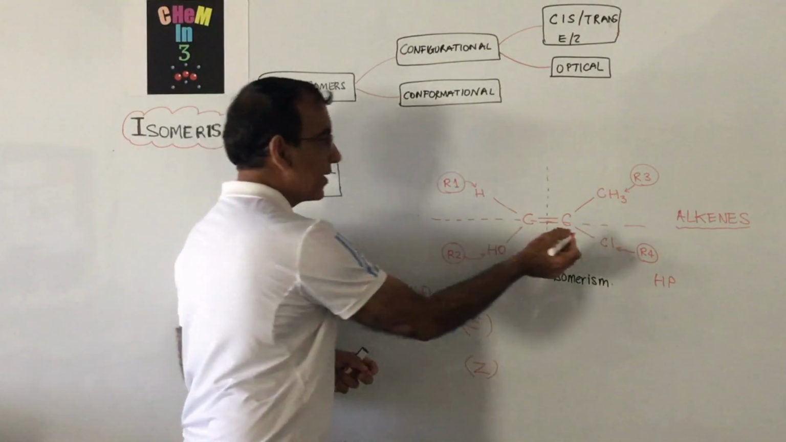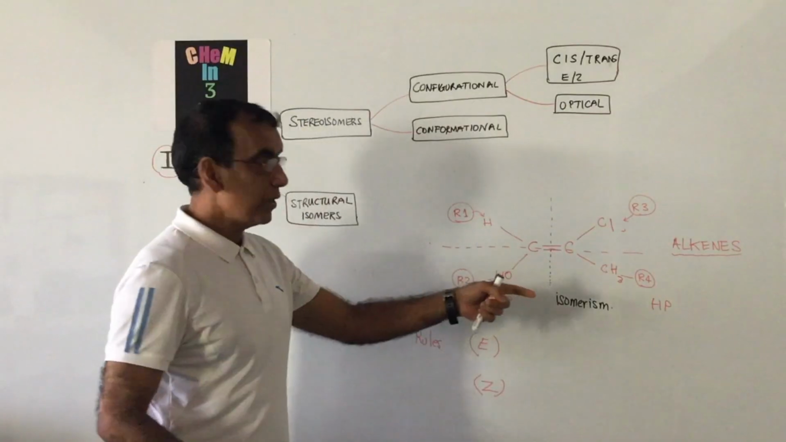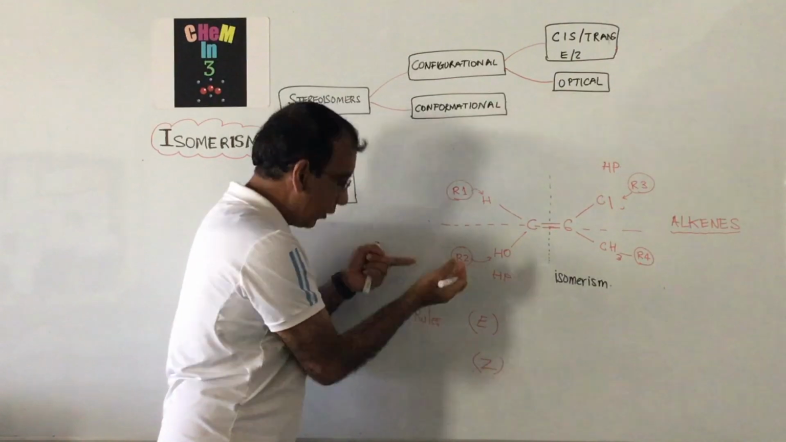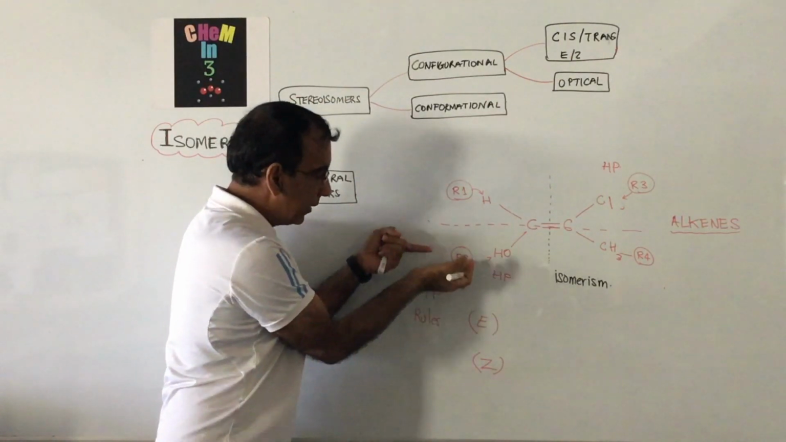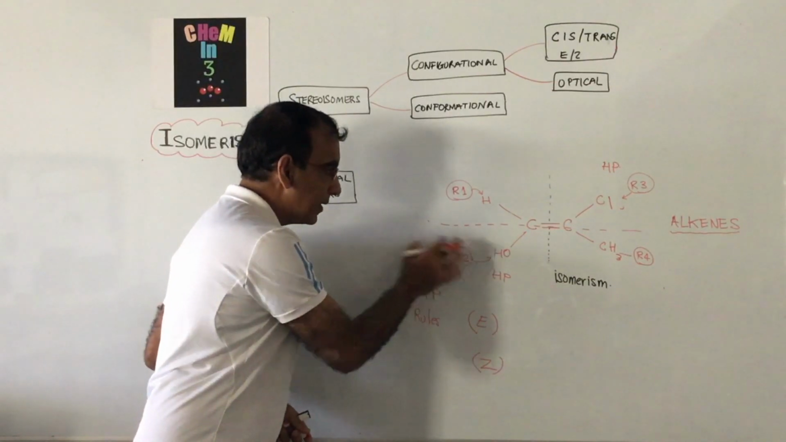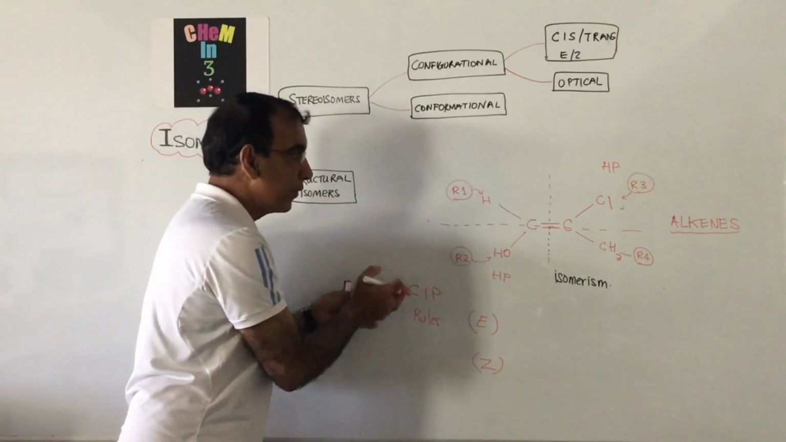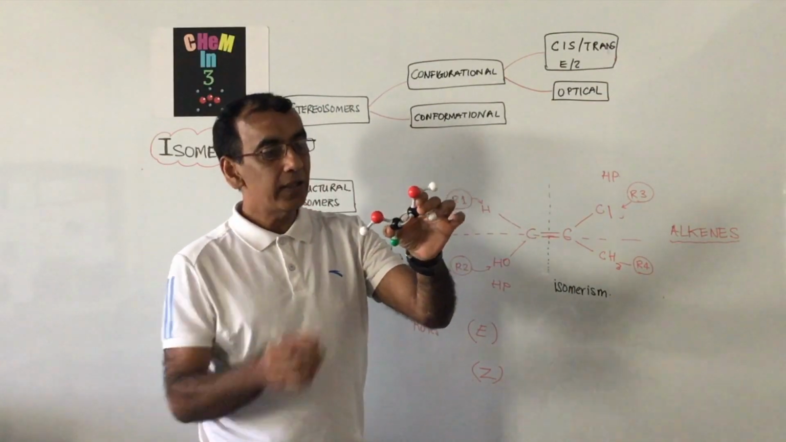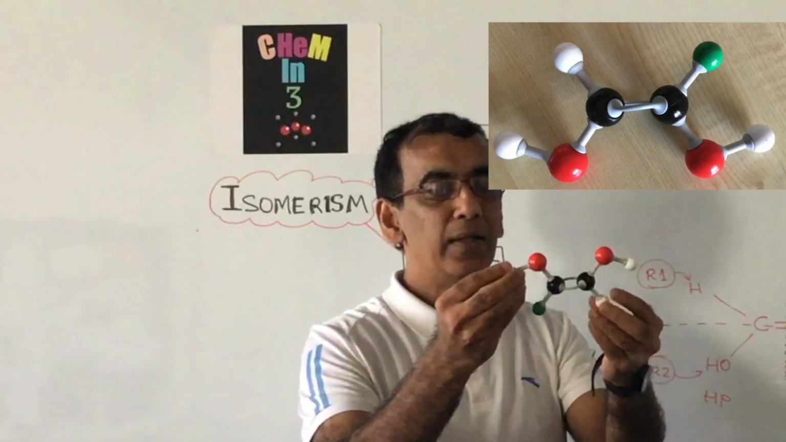And if it were that the Cl were on this side and the CH3 on this side, then the higher priority group would be on that side, and on this side the higher priority group would be below this line. In such a case, this would now be designated the E version of the isomer, or the trans version of the isomer. So now, I would like you to take a look at this molecular model,